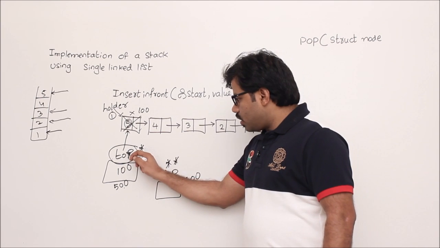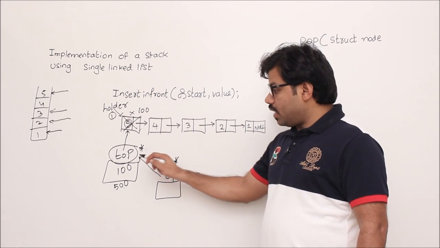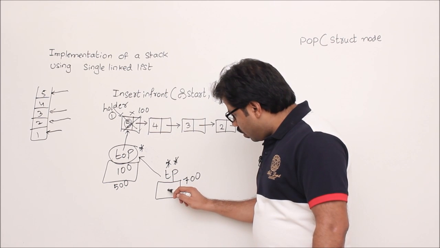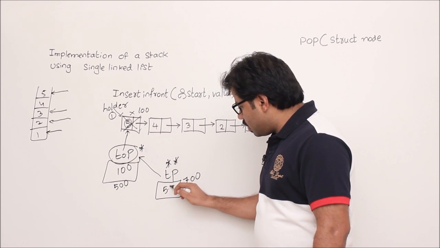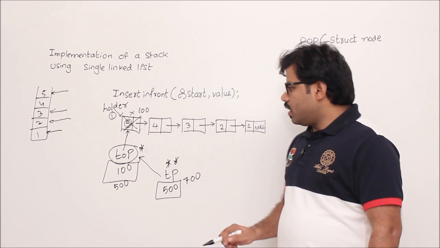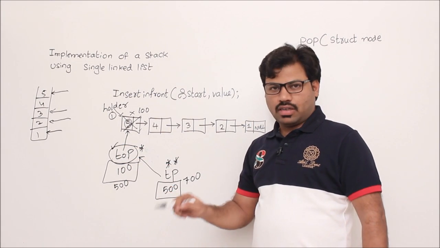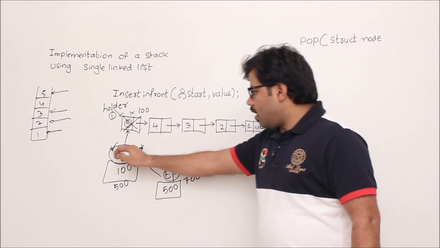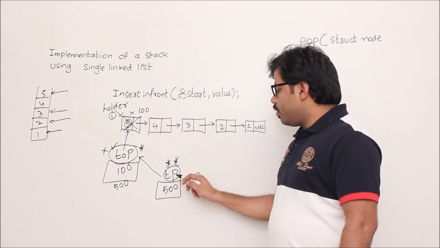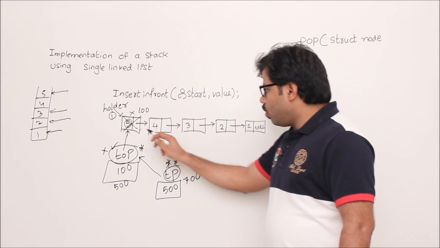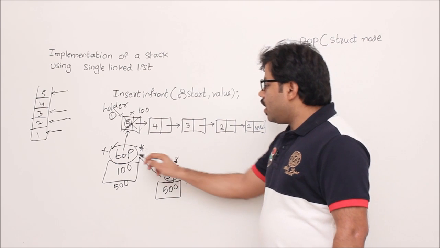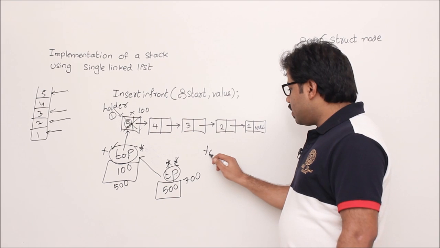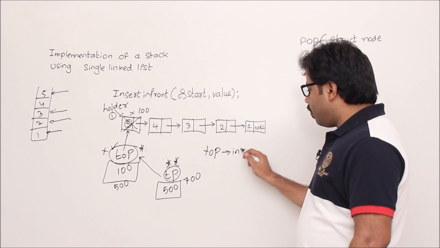Now if I pass this top to another variable, especially its address, then that should be a double pointer. And if you pass the value, then what should be passed? 500 will be passed. Okay, from now onwards, whenever you want to refer to this top, please refer to this TP. Both are the same. Because I can't refer to top in other methods, that's why I use TP. So using TP, how to access this box I will tell you. Generally using top, how do you access this box? Simply top->info, correct? So to access the first box information, we write top->info.